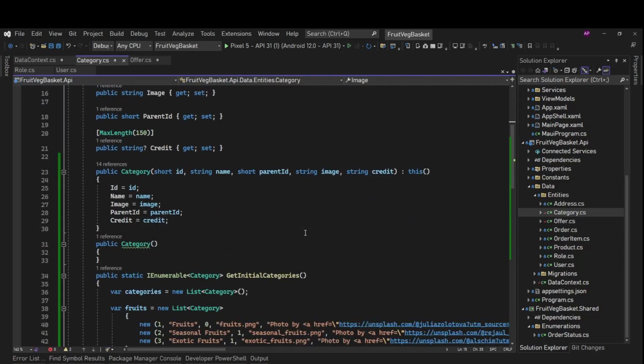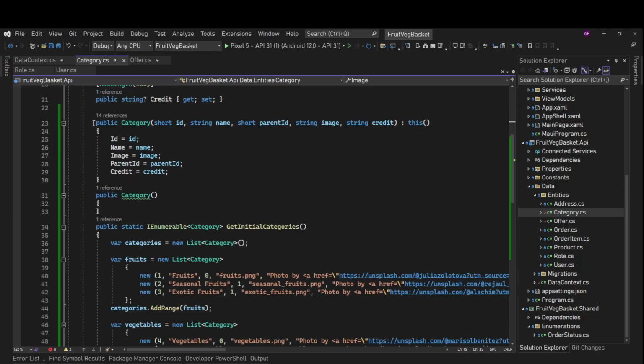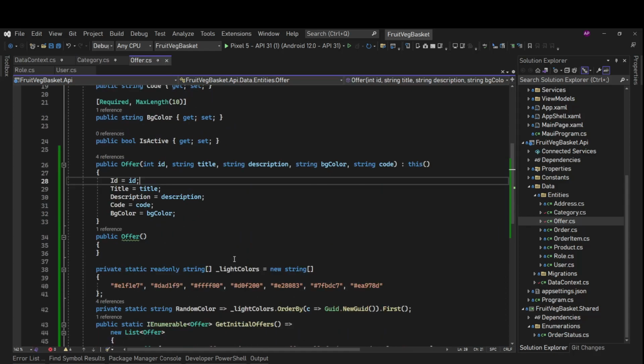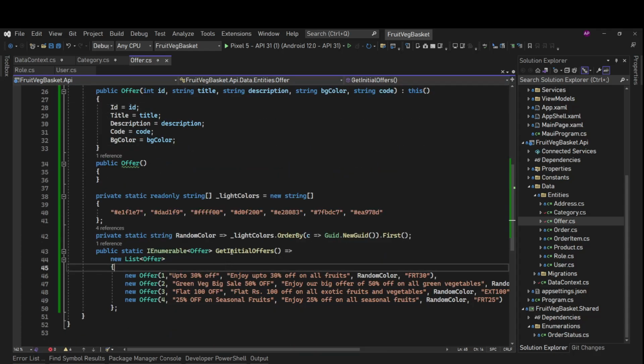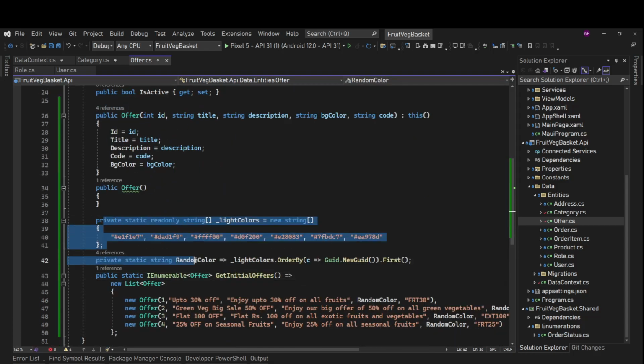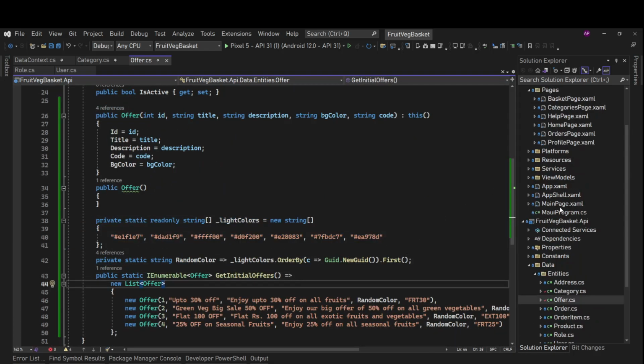So I actually added the data to the categories and offer entities. We are following the same pattern, having the seed data method in the entity class itself. I copied over these things, the seeding data.